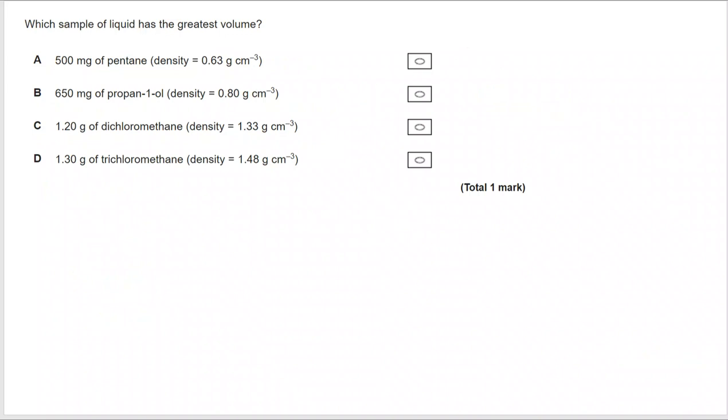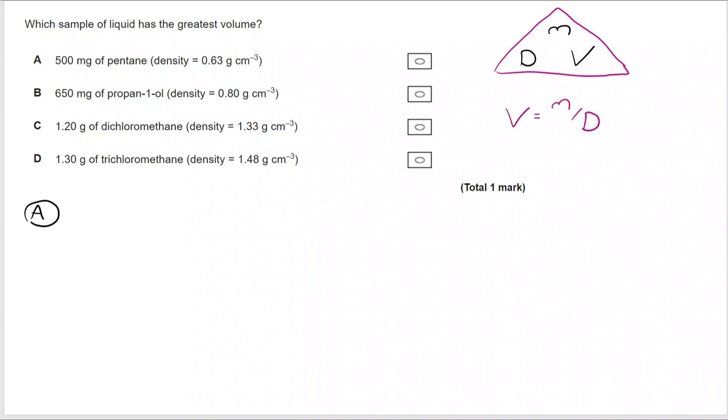And this relies on you remembering that density is mass over volume. You're wanting to know the volume in each case, so let's rearrange it. Volume is mass over density. And then I'm simply going to go through and do mass over density in each of the 4 cases. For A, I've got 0.5 grams. Remember to do that conversion. And I'm dividing by 0.63. That's 0.794